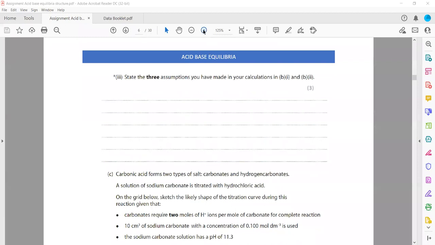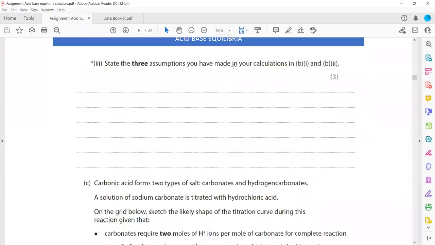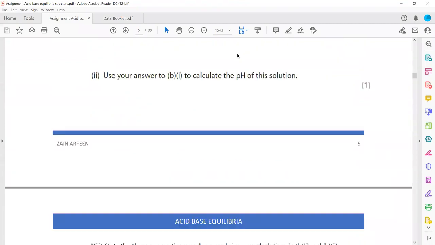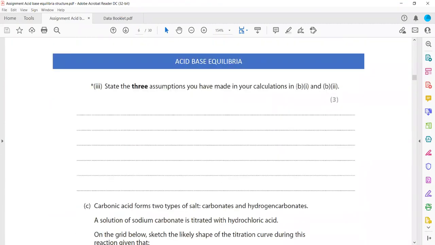State 3 assumptions you made in calculating B1 and B2. So what are the 3 assumptions here? Whenever we have a weak acid, we consider the original concentration is the same as the concentration at equilibrium. And second, we consider that the proton or hydrogen ions which are there are only coming from the acid, not from the water. And the third thing,